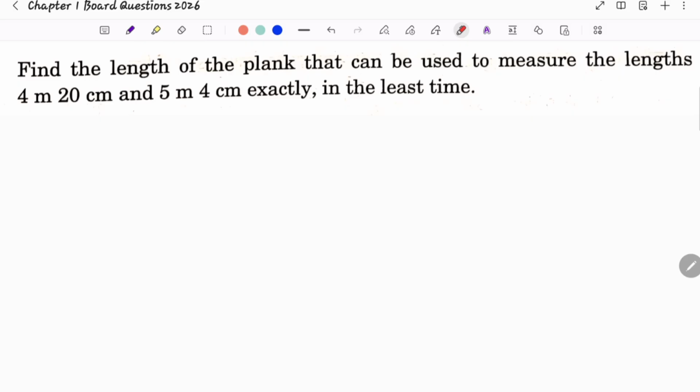Now the next problem is an application oriented problem. Question is: find the length of the plank that can measure the lengths of 4 meter 20 centimeter and 5 meter 4 centimeter exactly in the least time. So we should find the length of the plank that can be used to measure the lengths of these two exactly. Okay,